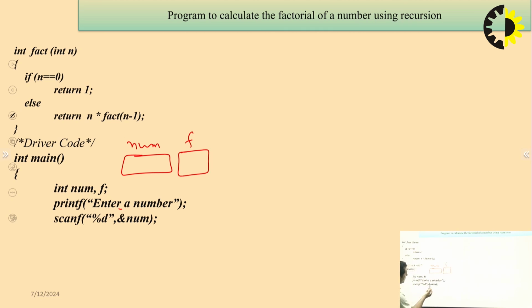Now, receive the value from the user in the variable num. Just guess this is 4. User gives 4. Now, call the function factorial with the parameter num. Control goes here,